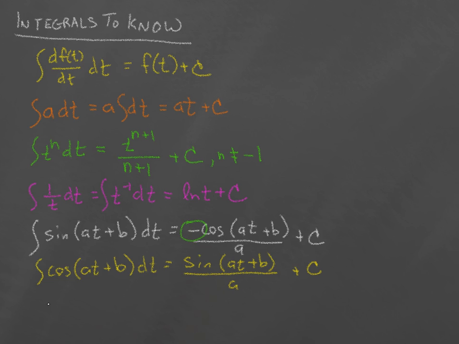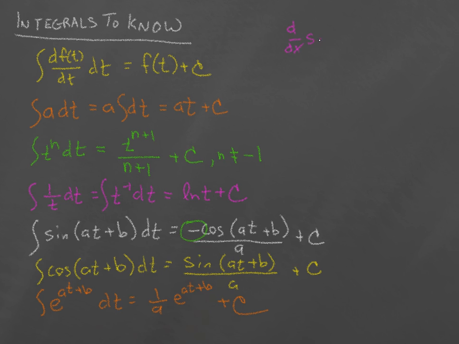And then the last function you'll need to know is e to the at plus b dt, which is 1 over a e to the at plus b, plus c. So that's it. Just 7 integrals that you need to know. And that shouldn't be too much to remember. And again, like I said, I'll do it up real quick. So remember that